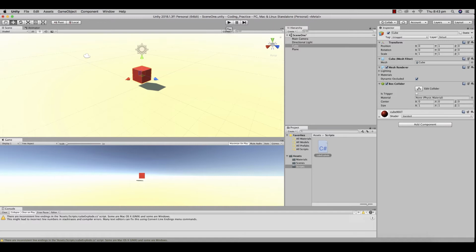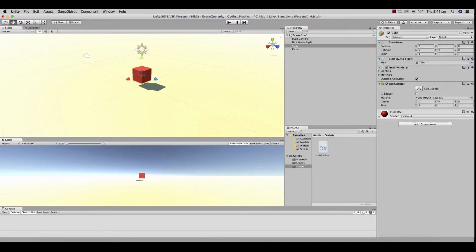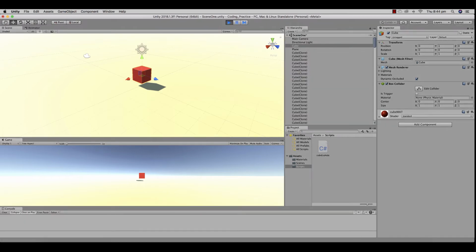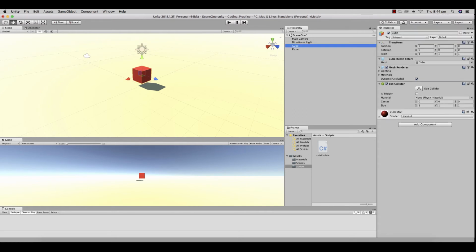If I press play now, okay, our game's playing and we don't see any cubes exploding. If I don't maximize on play, we can see here though that it is actually cloning 300 different cubes. So our script is actually working, but at the moment it's cloning 300 cubes on top of each other. The reason they're not exploding is at the moment our cube doesn't have any physics on it, so it's not a solid object. In order to rectify this, we need to click on our cube game object in our hierarchy,